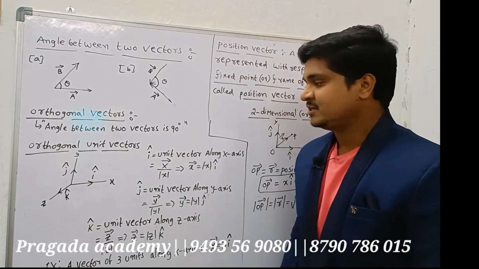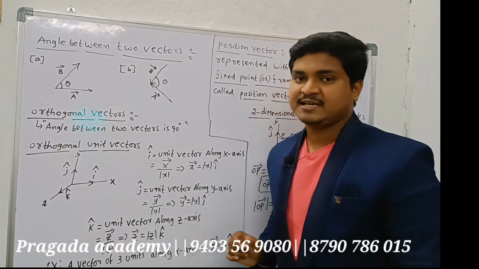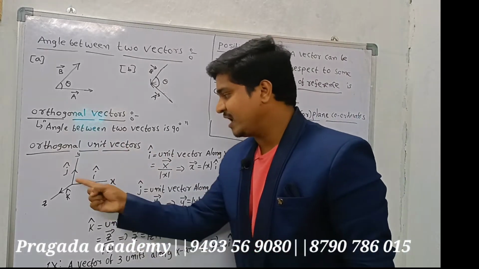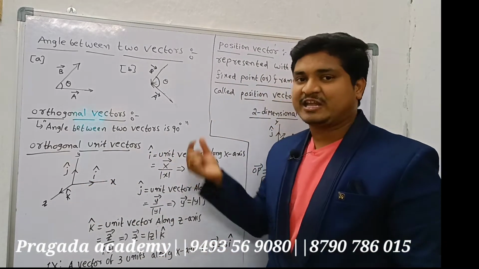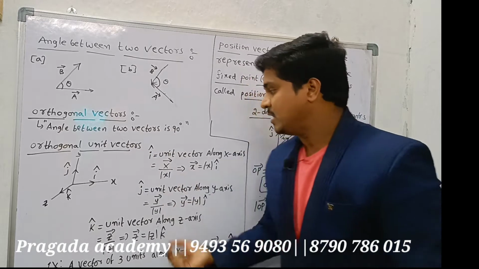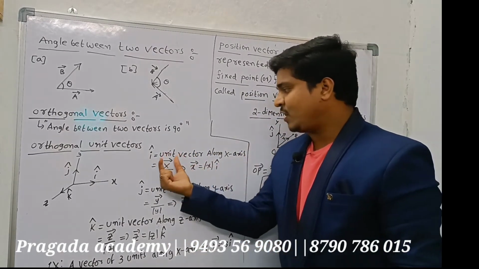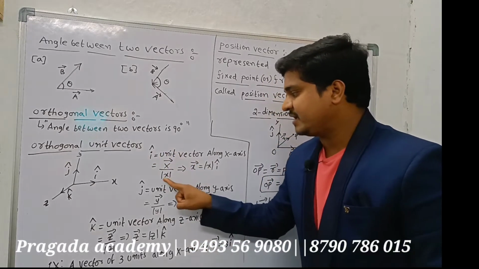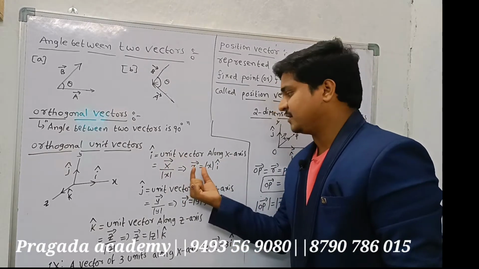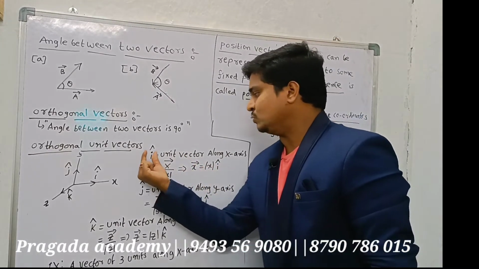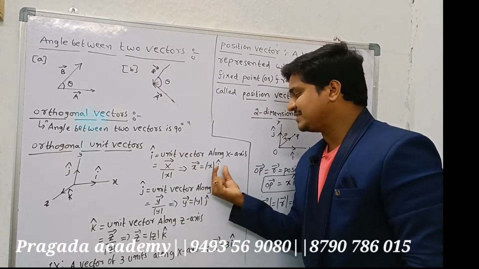Orthogonal unit vectors. Suppose I consider a three-dimensional system or space. For the space of three dimensions, we have the x-axis, y-axis and z-axis. Here i cap, if you represent with a cap, that will be the unit vector. i cap equals the unit vector along the x-axis, and the formula for i cap is x bar by mod x. Mod x is nothing but magnitude, x bar is the vector. From this, x bar equals mod x into i cap. Mod x is dividing on the right side, coming to the left side you multiply: mod x into i cap.